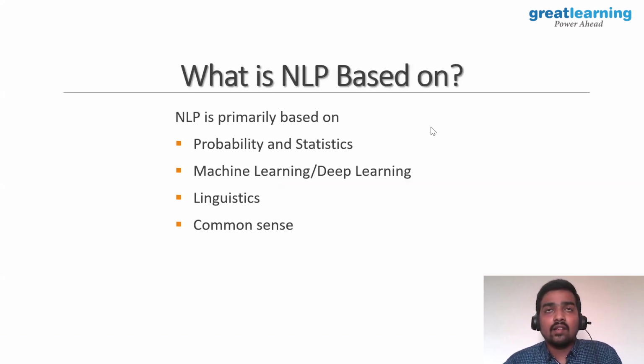And coming to the next, what is NLP based upon? We have talked about what NLP is and what the use cases or examples of NLP are. But what is it based upon? We need to understand the basis of NLP. How does NLP work in real time? Primarily, NLP is based upon probability and statistics. When we discussed the example of next word prediction, we are trying to predict the probability of what the next word would be based upon the previous words, the words which appeared just previously.